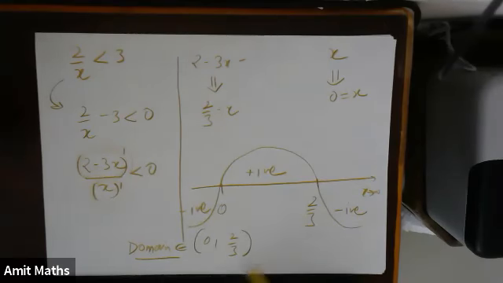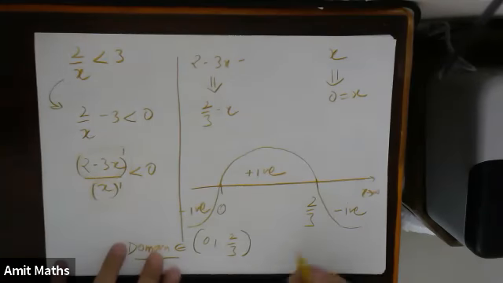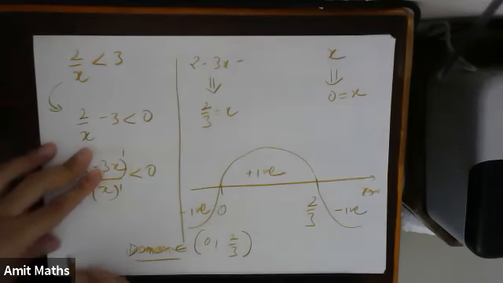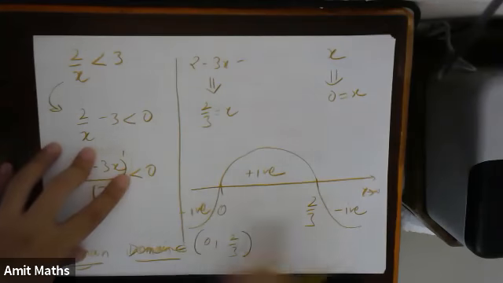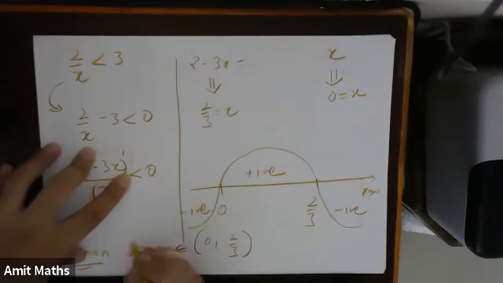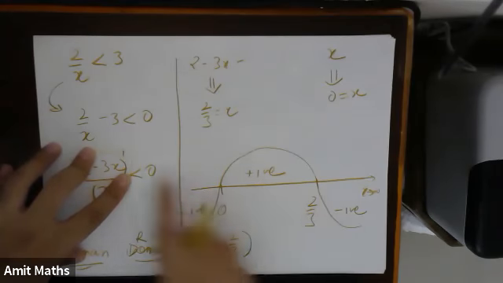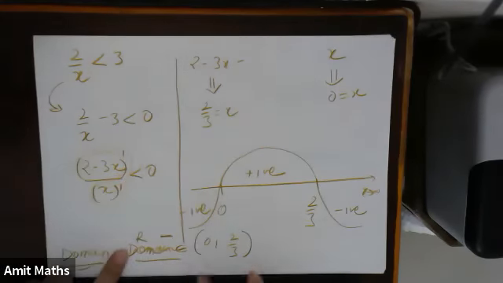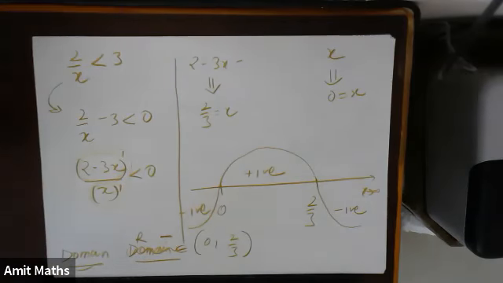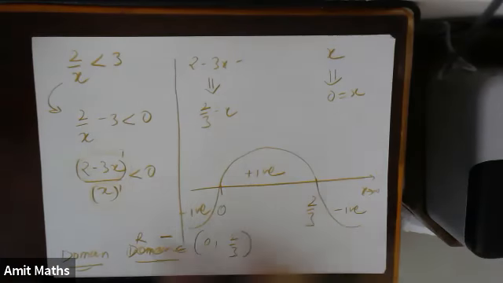Oh, sorry. Yes, sir, this is less than 0. So that means this part should be removed. So we have to take less than 0, only the negative values. Yes, correct. This part is positive. We have to take only the negative part. So it is R minus 0 to 2 by 3. Very good. One of you has figured out that this is less than 0, so this is positive and we have to remove this part.